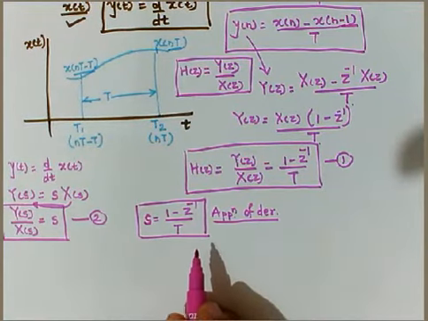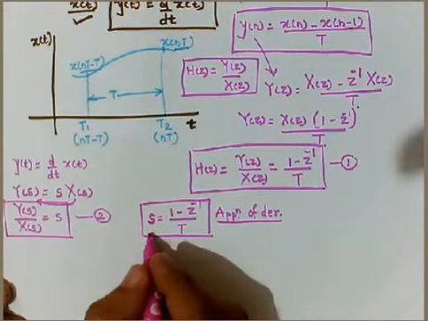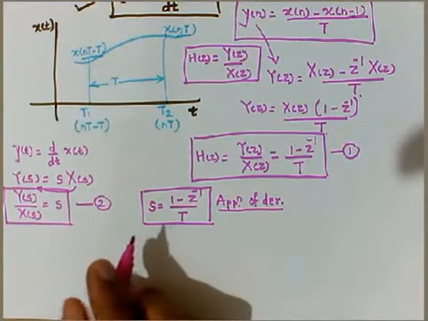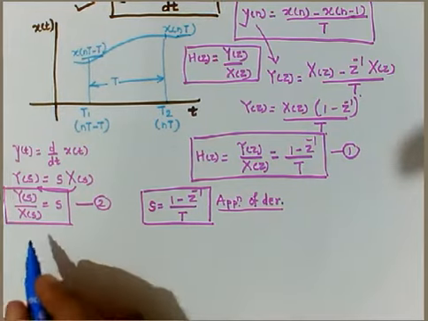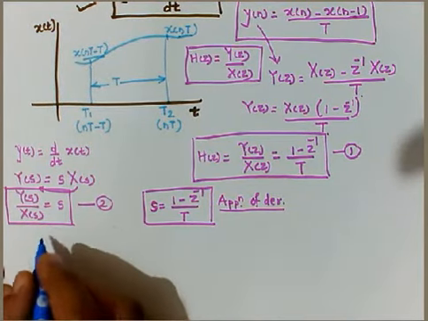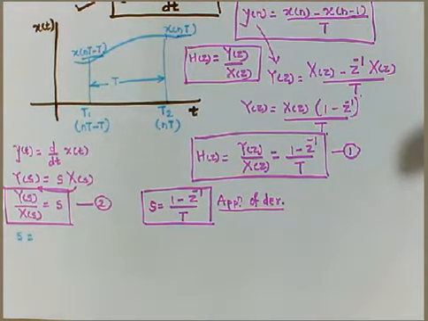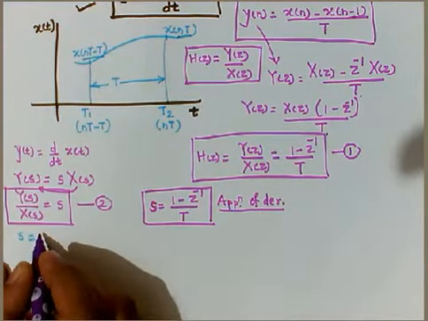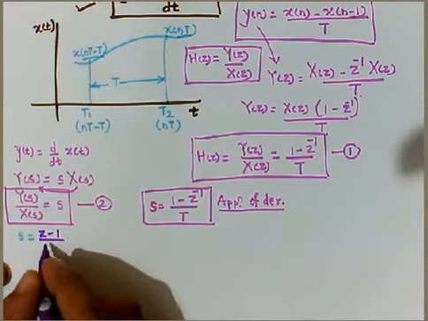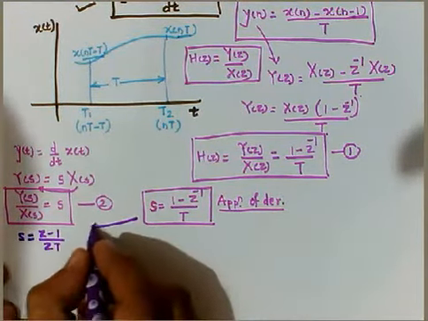Now how exactly will this mapping be done from the s plane to the z plane? For that, we will simplify this equation in order to check how the s plane will be mapped on the z plane. So let's proceed to discuss it. By rearranging the terms, it will become s is equal to z minus 1 by zT. This is simply the readjustment of this equation.